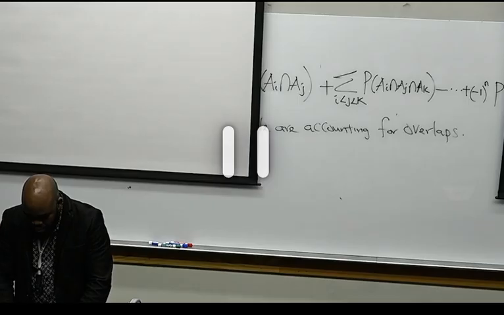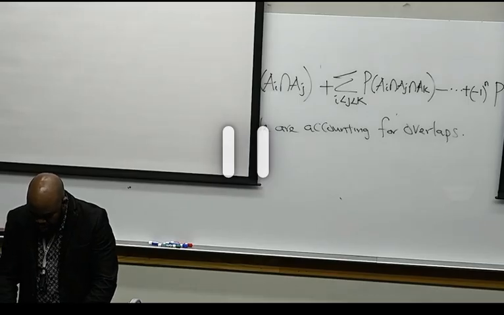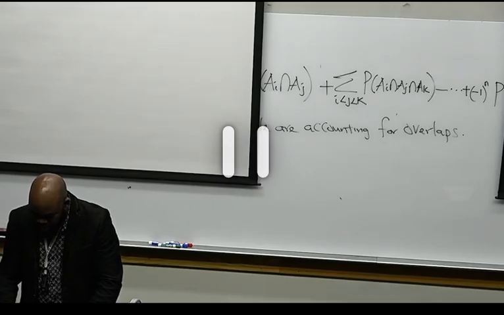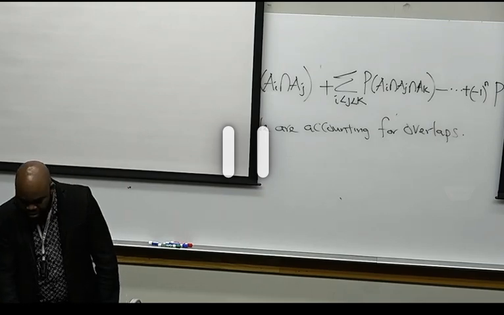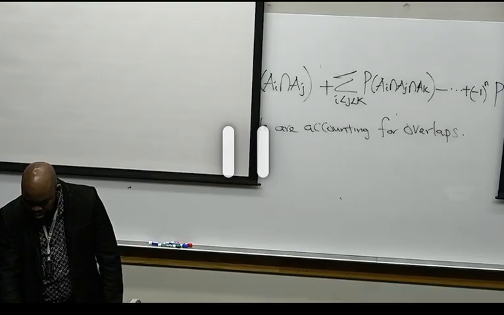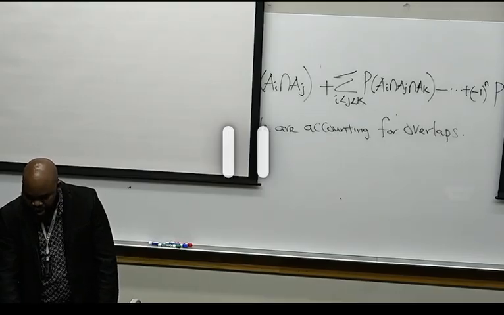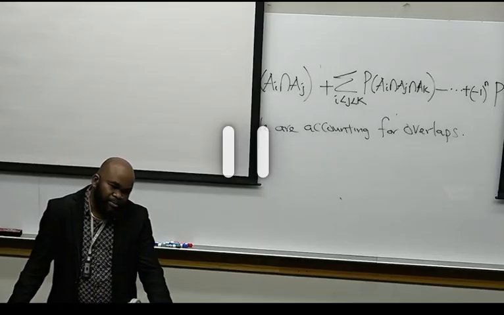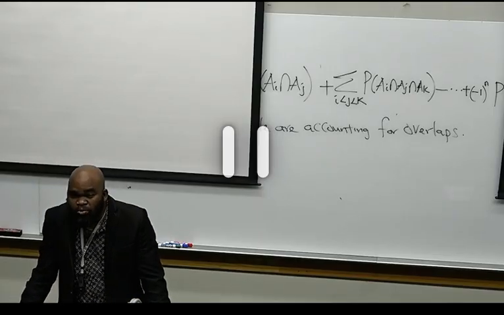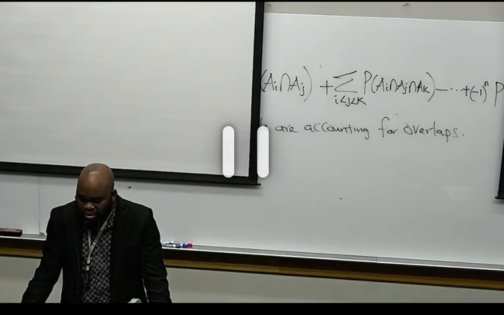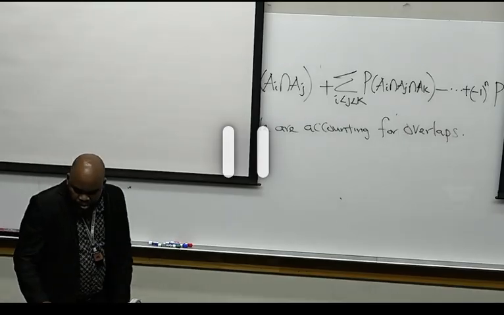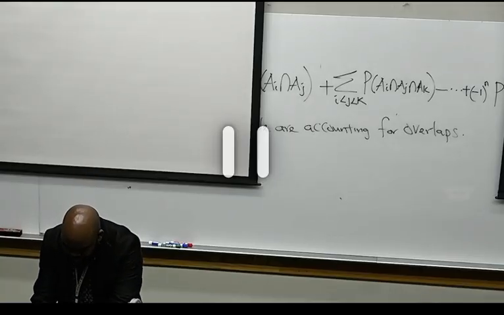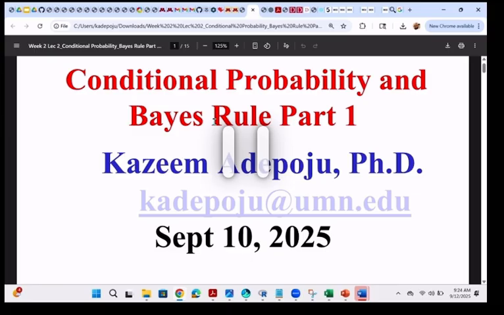Now, you all know the reason why we apply the inclusion and exclusion principle. It can only be applied if you want to figure out the probability of at least one event occurring. Now, away from that, I want to walk you through